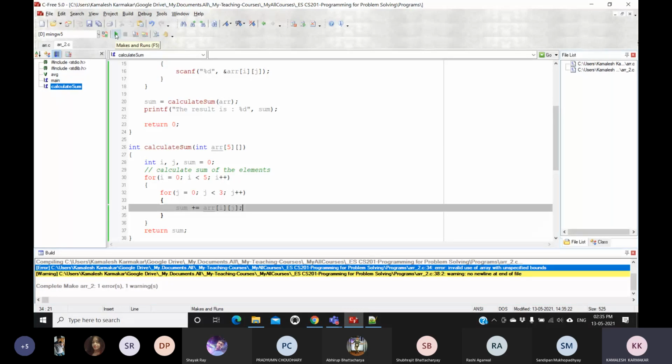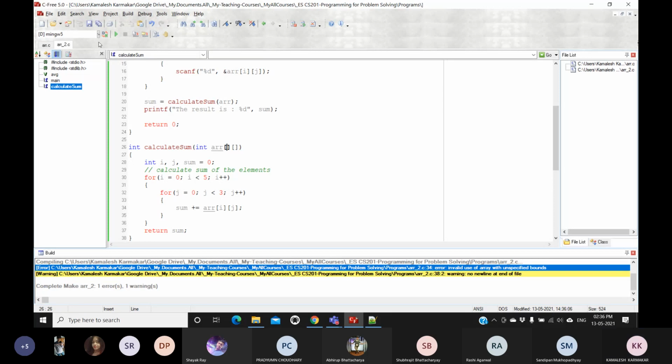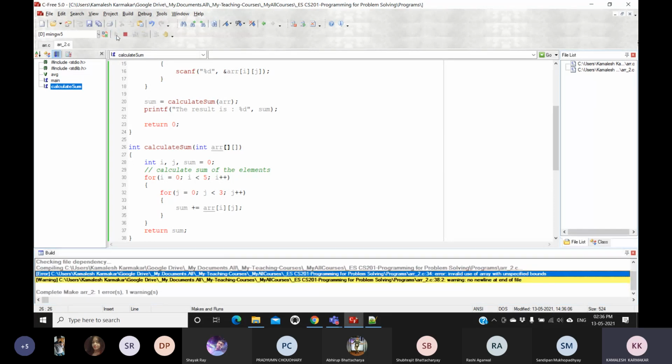Okay, so if we skip the first dimension, the program will compile, but if the second dimension is kept blank, then the program will not compile. Can you tell me why? And if both of them are blank, again it will not compile.